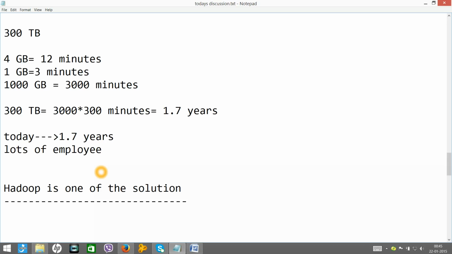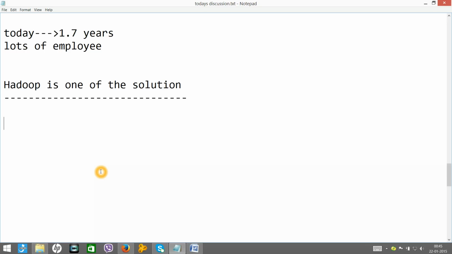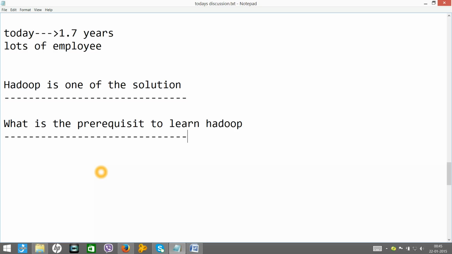Now what are the prerequisites to learn Hadoop? I'll say Hadoop is a Java component. That means you must have knowledge of Java, at least the basics.